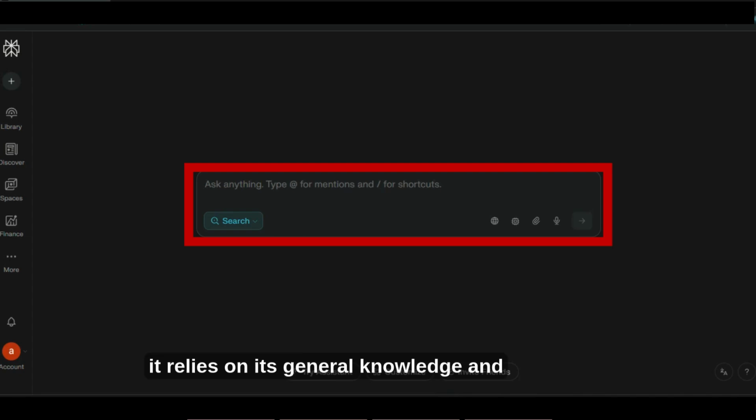Instead, it relies on its general knowledge and your instructions to generate responses. When you use chat mode, it is best at writing scripts, explaining concepts, generating ideas, rewriting text, and helping with SEO friendly content. So basically, it is designed not to scan the internet for live data.